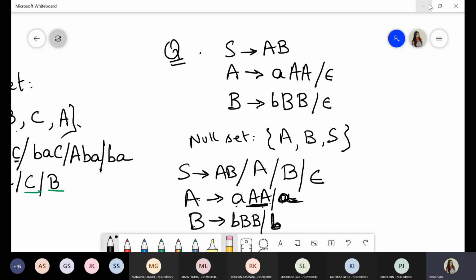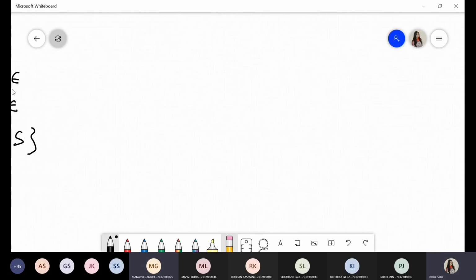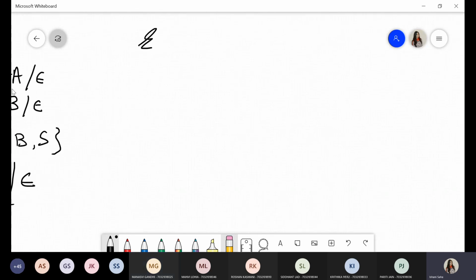Can we go ahead with the unit production elimination? Yes? Is the elimination of null production absolutely clear to each one of you? Yes, ma'am. Okay. Now let's move to